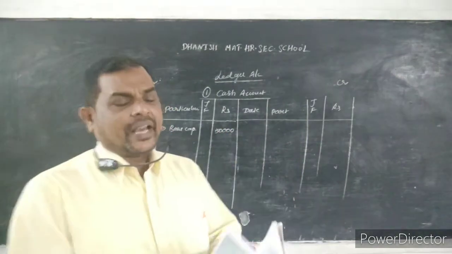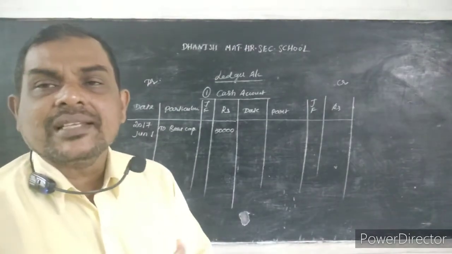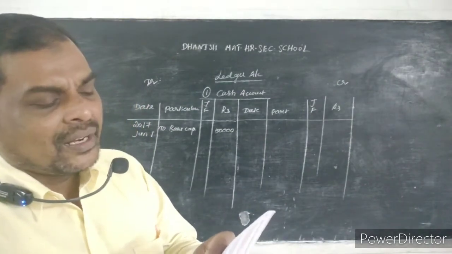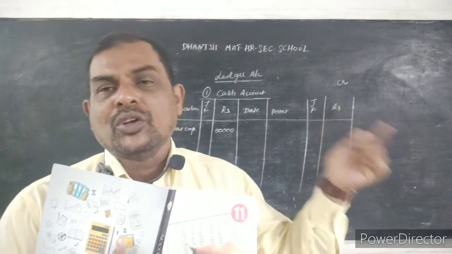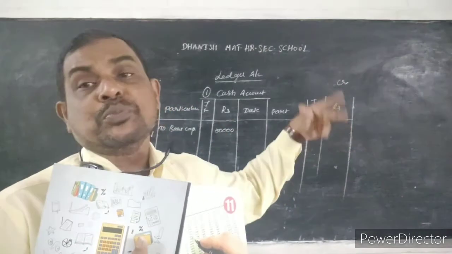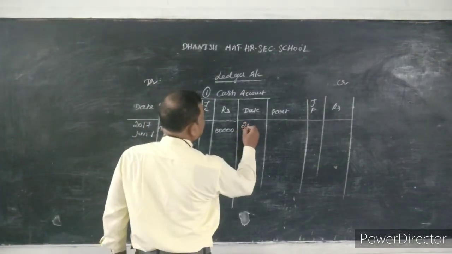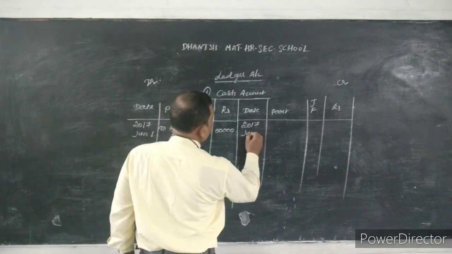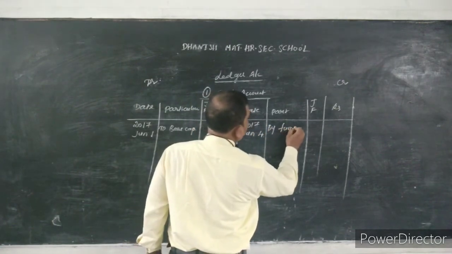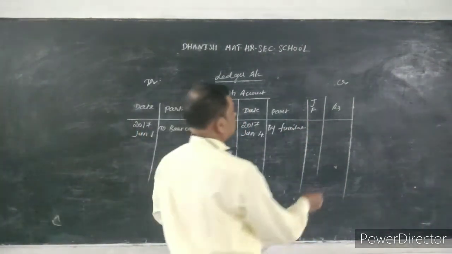Come to the next journal entry. In the next journal entry, furniture account debit to cash. Now the cash is on the credit side. Your hand should come on the credit side. What is the corresponding debit? If cash is in debit, you have to write the corresponding credit. Okay, cash is in credit, you have to write on the credit side, but the corresponding debit entry you have to write. What is the date? 4. So here 2017 June 4 by furniture. By furniture. How much? Amount is rupees 6,000.